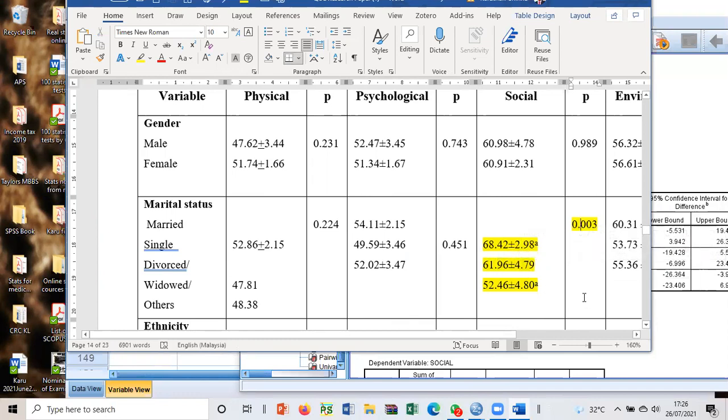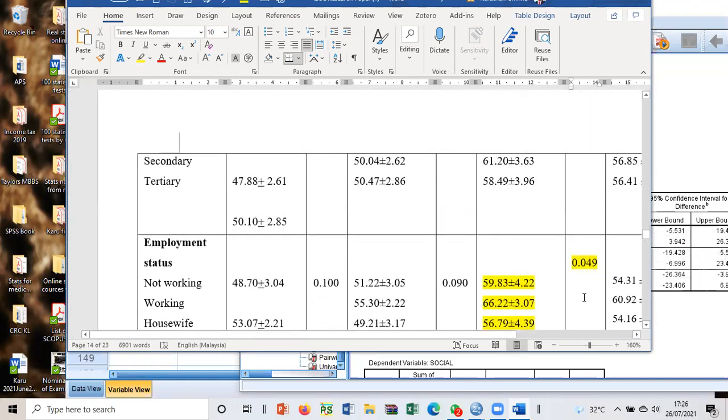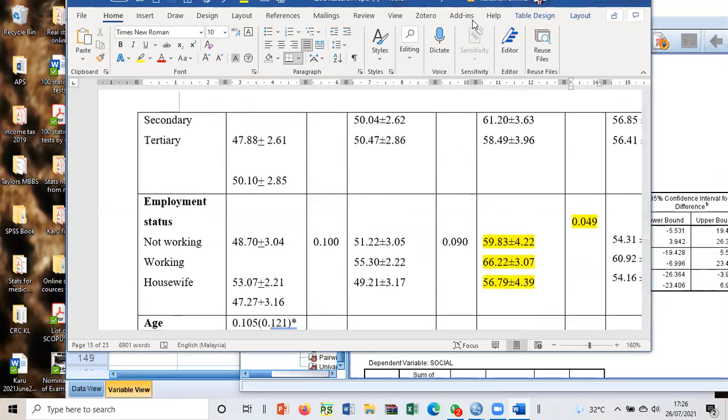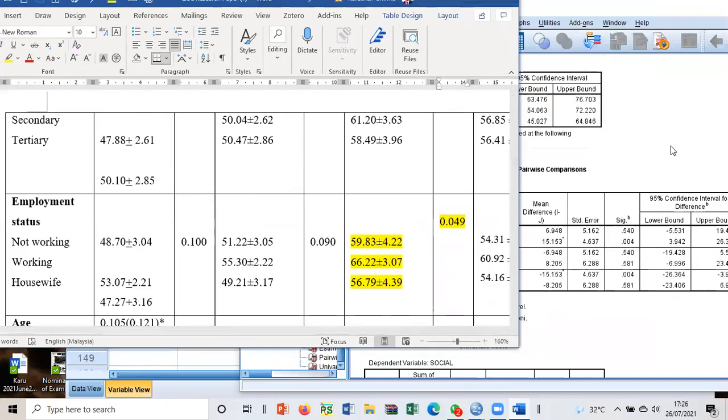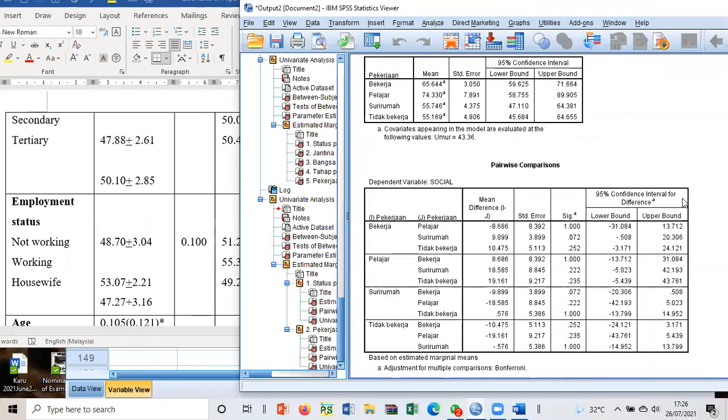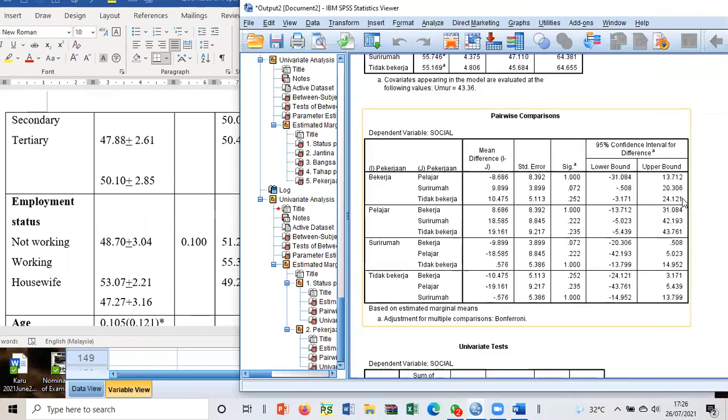Are you okay? So let's check the next one, employment status. Is there any asterisk sign? No. It has been corrected, is it? But still reasonable, reasonable to the p-values. These are p-values. 0.072 is close to 0.05, right? So which pair is it?